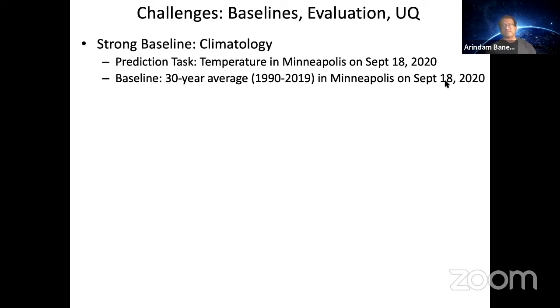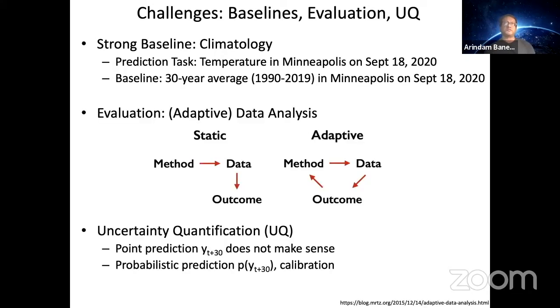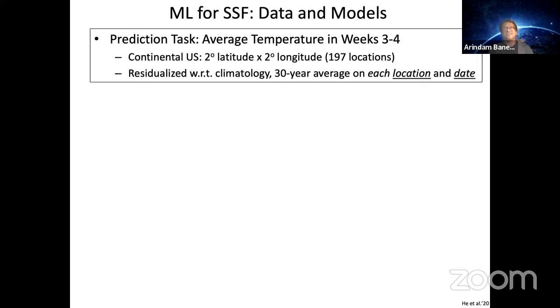And we basically subtract this, right? This is free lunch. The deviations from that is what we are interested in predicting, the deviation from climate. So what we mean by residualization is in some sense like a z-scoring, where you're subtracting the 30-year mean and also dividing by the 30-year standard deviation at each location and each date. So the final prediction is on the residual. This is actually important to do, because if the temperature is 65 and you're predicting 63, it will look good, but maybe climatology is actually better, right? So you want to make sure your baselines are actually really good. In this case, it is easy to do. So that's what we mean by residualization.